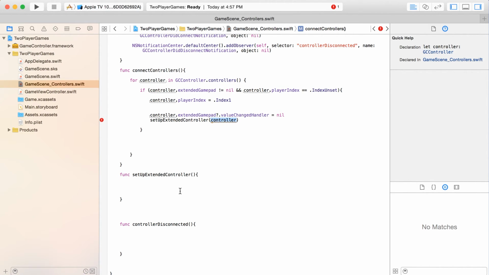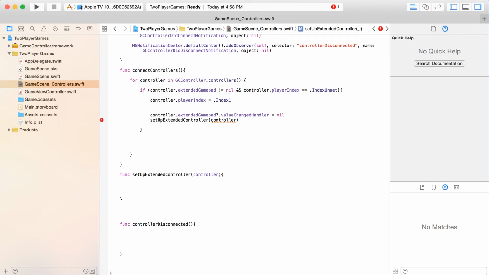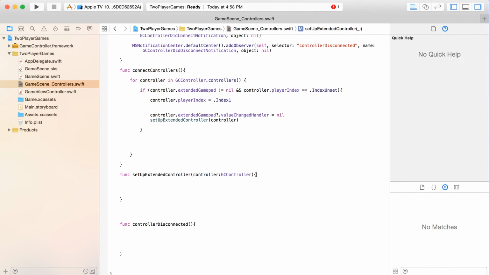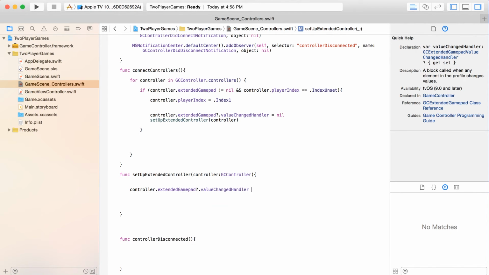So anytime you press the X button, press the left thumbstick, all those values are being registered because we set them up this way. All I have to do is put in here controller and specify that what we're passing in is a GameController. And then at that point, we're going to say controller.extendedGamepad.valueChangedHandler is going to equal